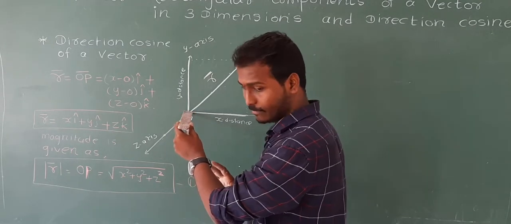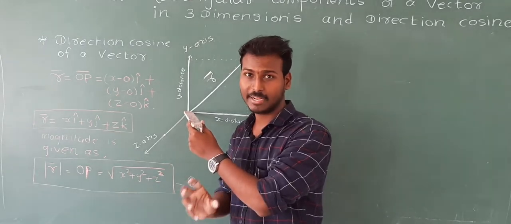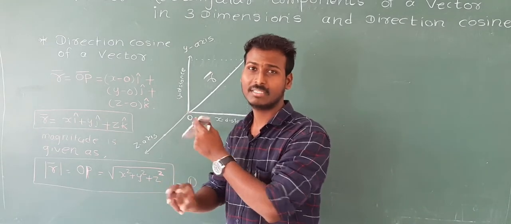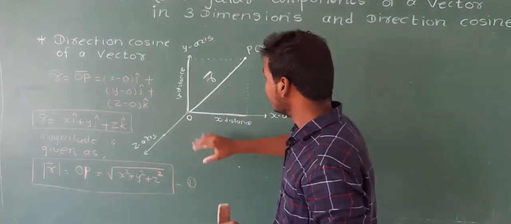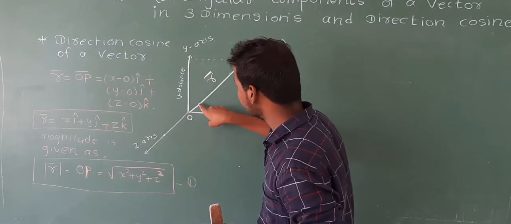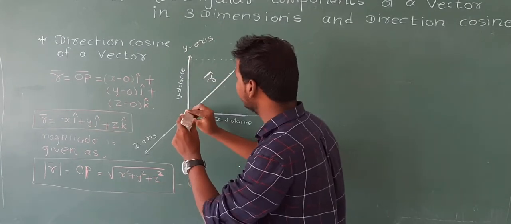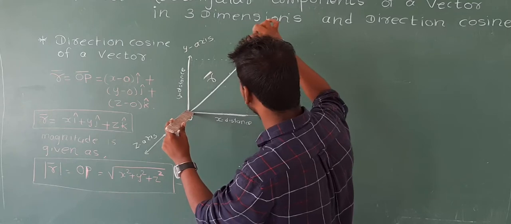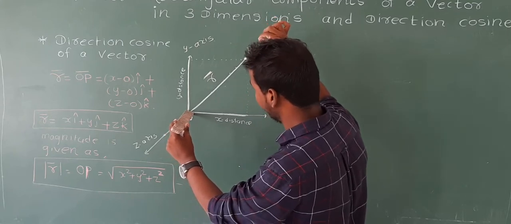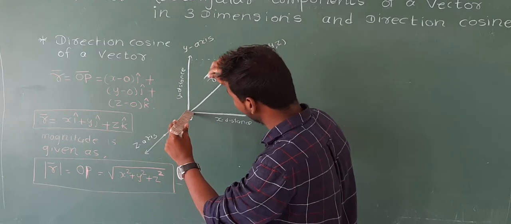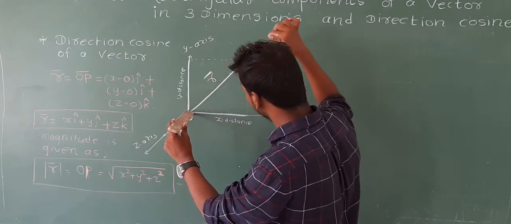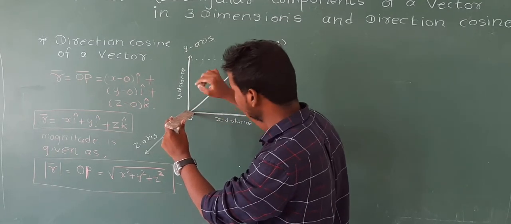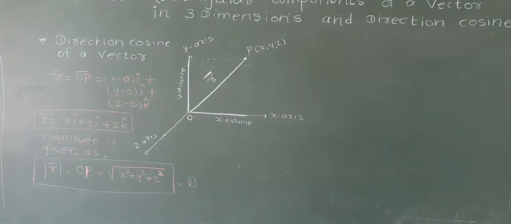So now see carefully. We are going to find the direction cosines. Direction cosines are nothing but the cosines of the angles between a given vector and the three coordinate axes. Here you can see this is the y axis, this is our vector. Now if this is the z axis, this vector is not like this, actually it is like this. This is our vector. Here we have point P. If you go toward the origin, you see one angle with the x axis. See carefully once again. Just wait, I will elaborate more clearly.